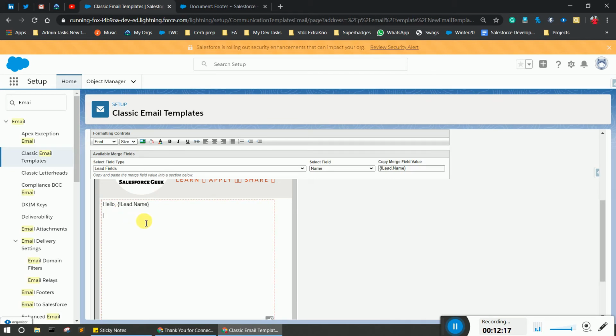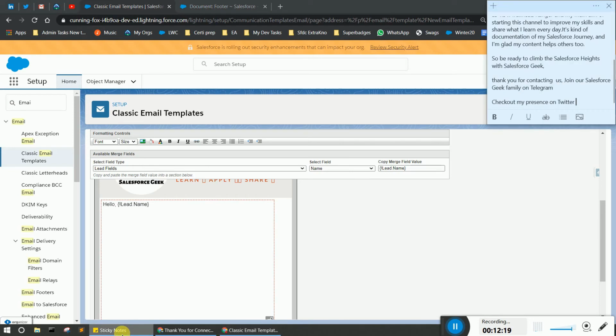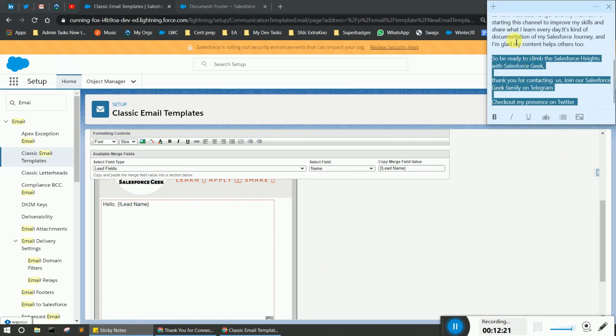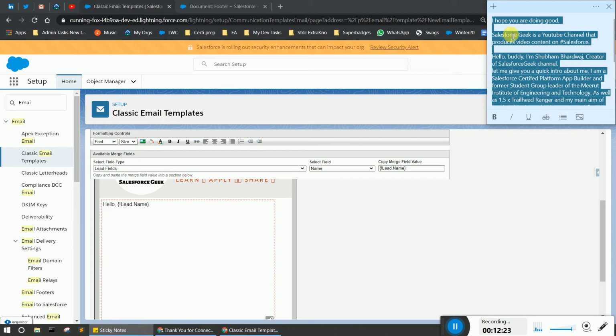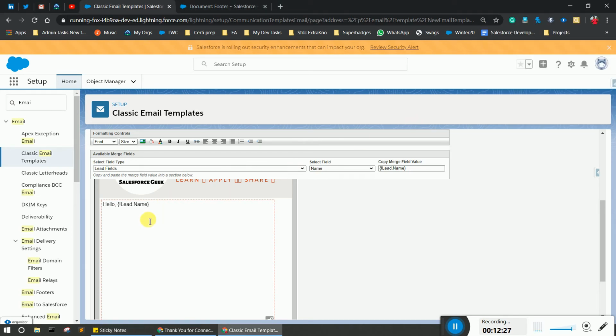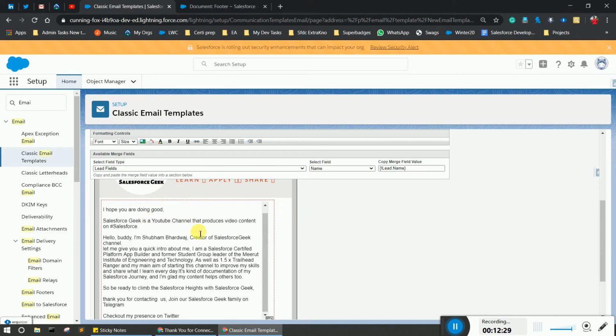If you want to add any other content, I have already created content for this, so I am simply pasting it. As you see, there are a lot of options like YouTube, Twitter, Telegram. If you want to convert them into a link, select the particular option and click on the insert link option.